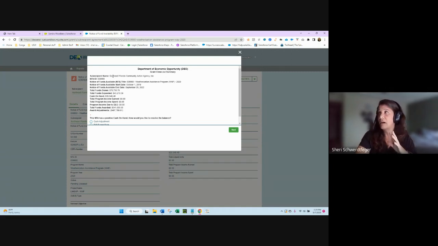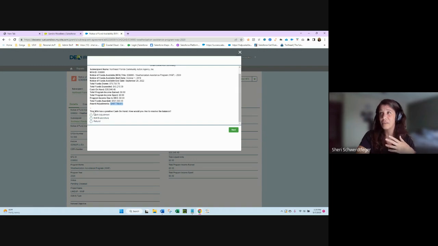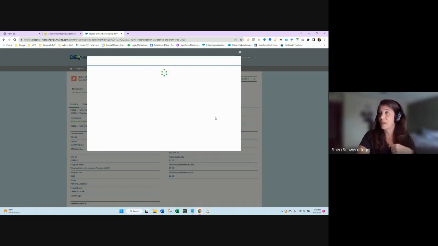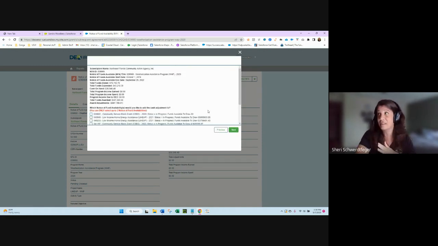So of course we have our data of the NFA ID, our start and end dates, our funds drawn, expended, cash on hand, what was awarded, and some adjustments. So this is telling me that the NFA has a positive cash on hand. How would I like to resolve this balance? It's asking me whether we're going to do a cash adjustment and edit the expenditure, or do a refund. So here I'm going to do a cash adjustment, click next,